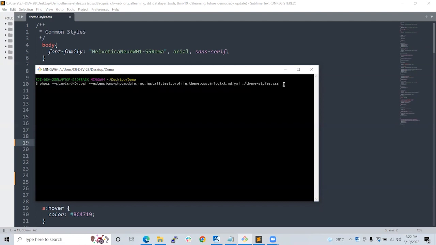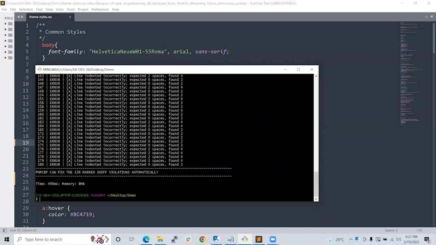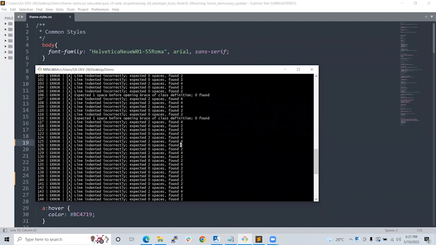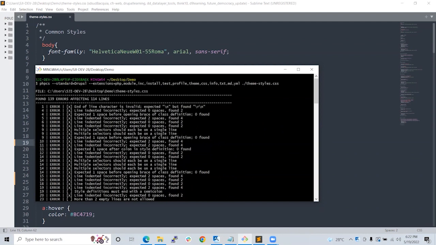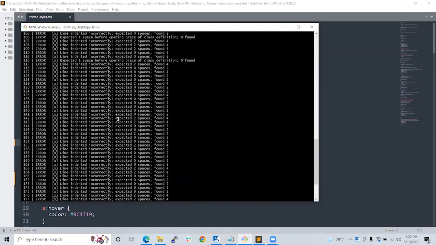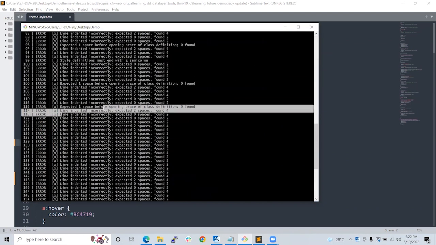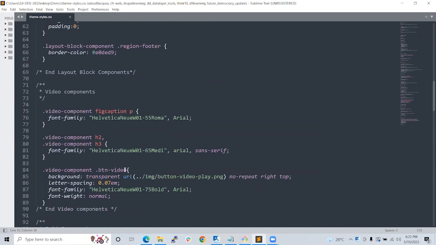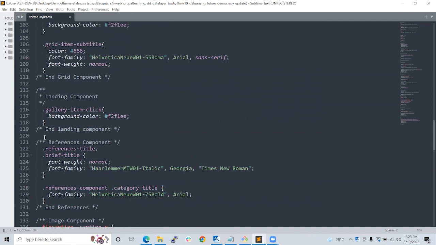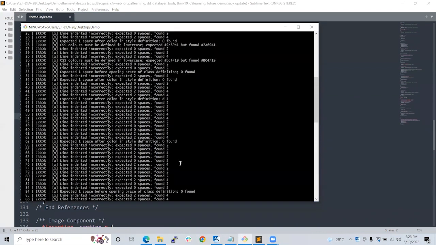If I do this and press enter, it shows me the whole list of errors. So many standards I have missed. You can see line indentation, I missed at line number 1. Then mostly spacing.